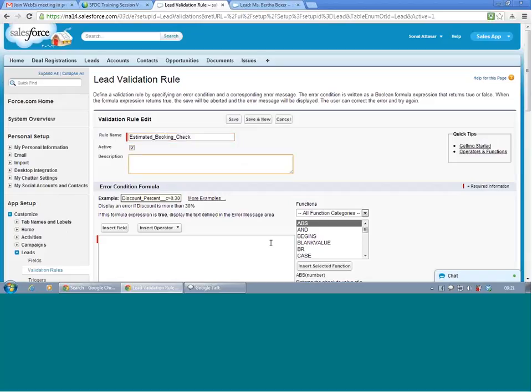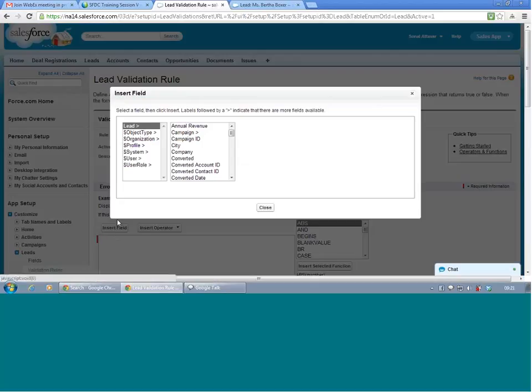Your requirement is, if the estimated booking value is less than $10,000, do not allow the user to create a lead at all. I don't want a lead which is going to give me a revenue of no more than $10,000. So insert field, put the estimated booking.